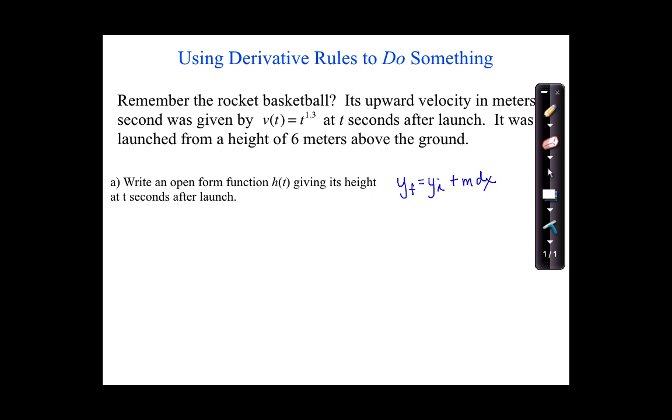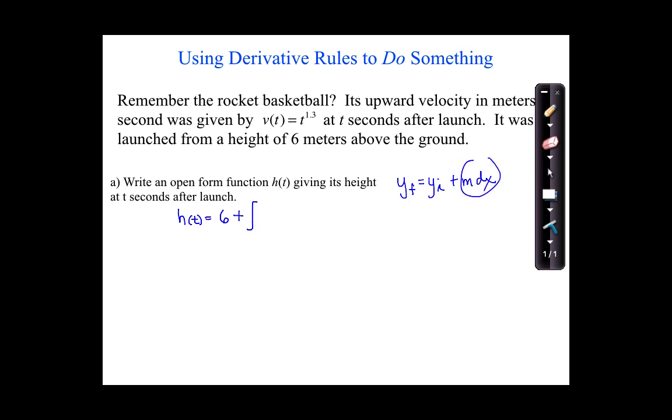I want to write an expression for h of t, its height after t seconds have gone by, it's like my y final. What would I use as this in the spot of y initial here? 6. Yeah, so we start at 6 feet, and then we add to it. But it's not one constant rate of change for the rest of forever. It's a varying rate of change that we think of as having constant rates for extremely small moments. So I'm going to add up all of those